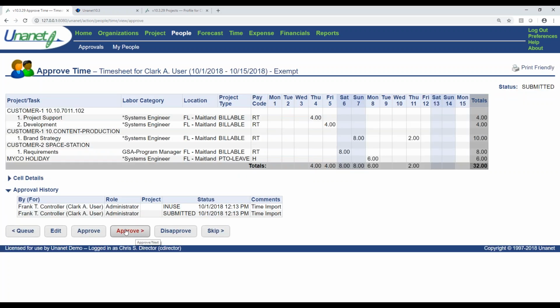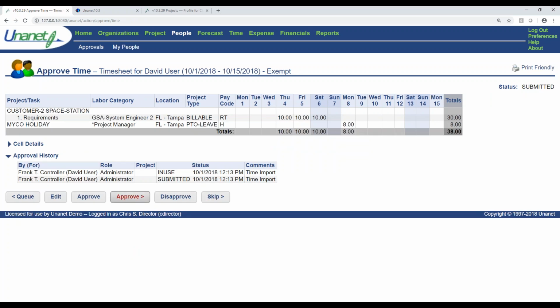But if you'd like to approve it, it's just a matter of clicking this approve on the next one. If you'd like to edit the timesheet, if someone's out, obviously you can have a couple folks with the ability, maybe all of your managers if you want. If you only want to give one or two people this ability, if you want to give none of your users the ability to edit the timesheet, then this can just go away.